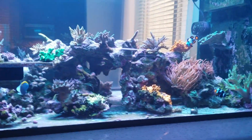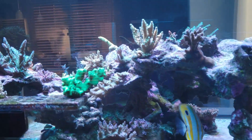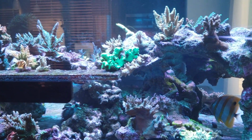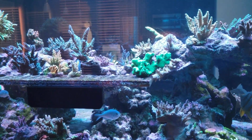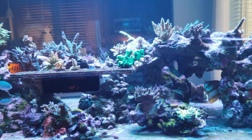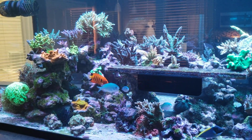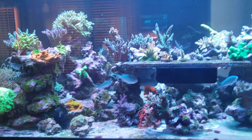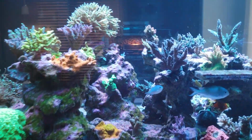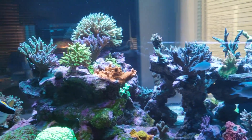I definitely think the moonshine program played a role in how successful the tank was able to come out of a huge stressful event. This is a massive stress on the tank, and to only have 2 corals out of, I counted these, I think there's around 50 or 60 SPS in here, somewhere in that range. But to only have those 2 showing any signs of STN and everything else just brush it off is pretty impressive, and speaks to how much we can actually